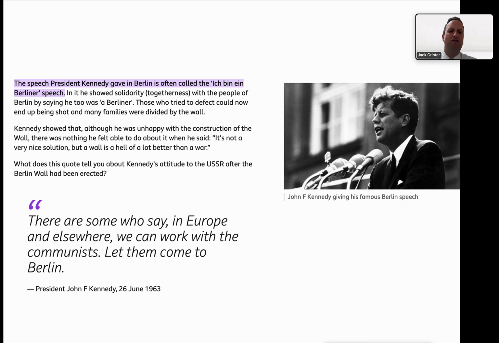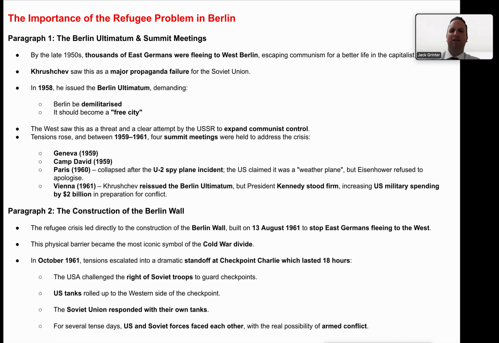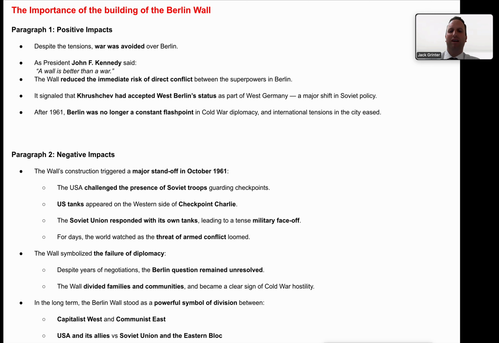Here we are. So JFK visits Berlin in 1963, and he makes a famous speech. He says, "Ich bin ein Berliner," like I am a Berliner, essentially saying to them, I am with you, I'm one of you. And obviously US President Kennedy wasn't happy about the wall being built. However, when we explore this,